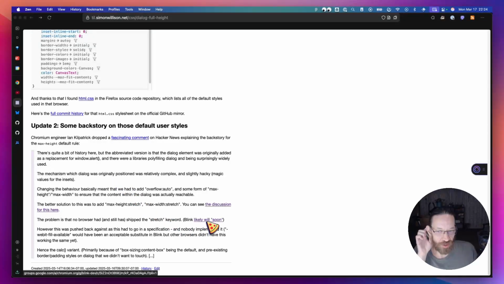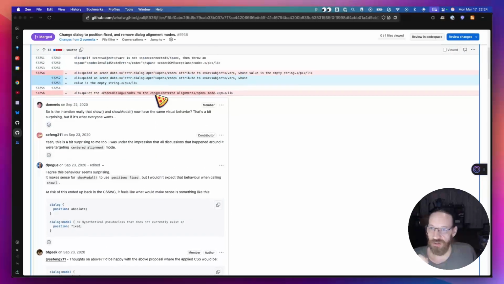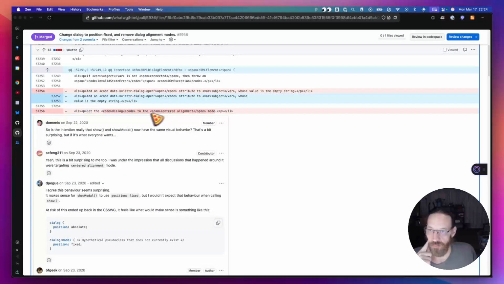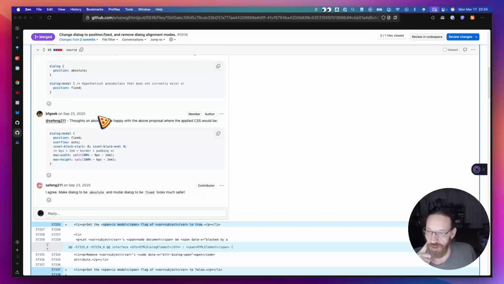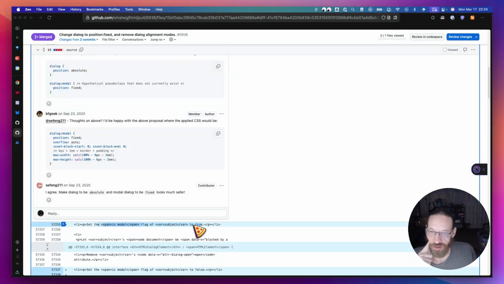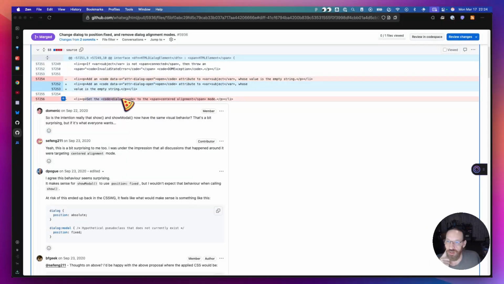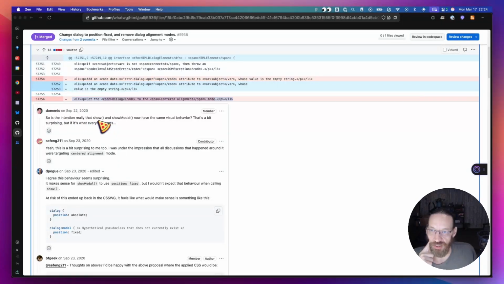So in just generally, let me think where the most likely... So let me go back here. Here's another little interesting discussion. So here, this line was removed, but it says, maybe let's just see here, set the is modal flag of subject to true. Set the dialog to the center alignment mode, and then this was removed. And so Dominic said, so is this intentionally really that show and showModal now have the same visual behavior? That's a bit surprising because, but if it's what everyone wants,